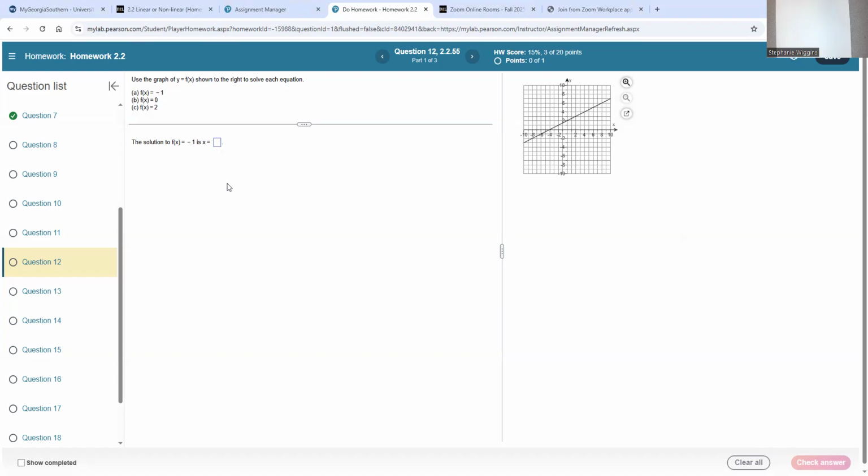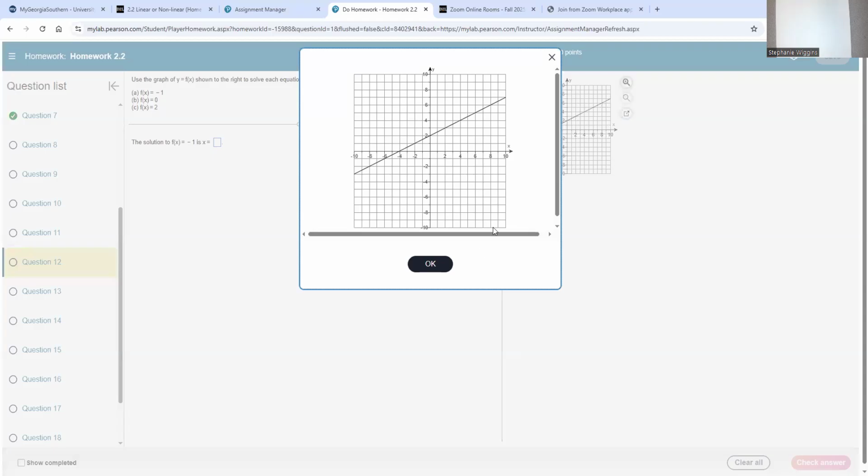So remember that a point has x and y coordinates. So if we know that f of x equals -1, that means y equals -1. So we need to find the x value that goes with that y value. So I'm going to look at my graph here. Y values, or the function values, are on the y-axis. So here we have the linear function, and if we go to our y-axis and find -1, we're right here. And then we want to find which x coordinate goes with the y value